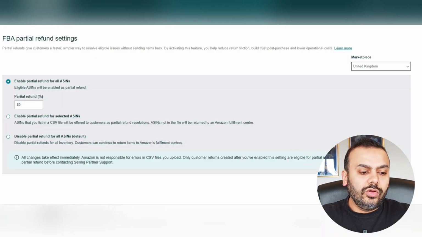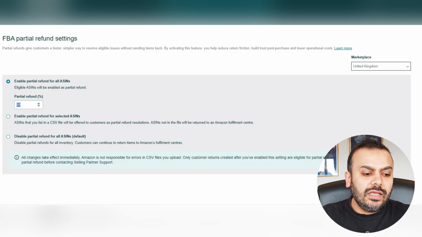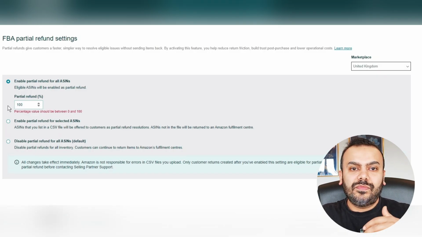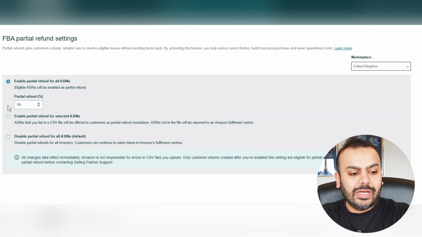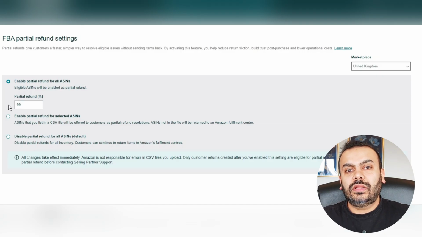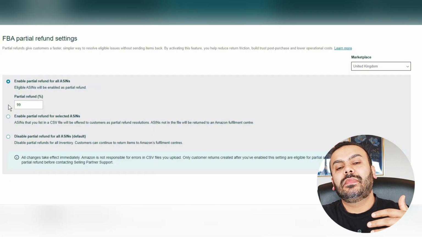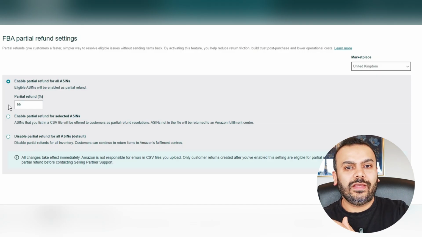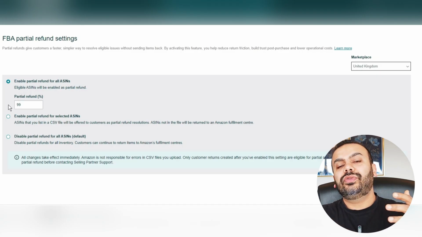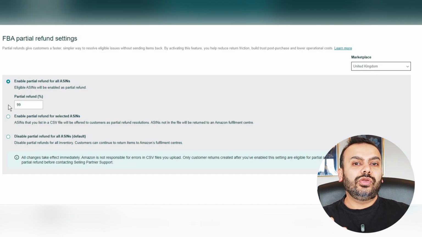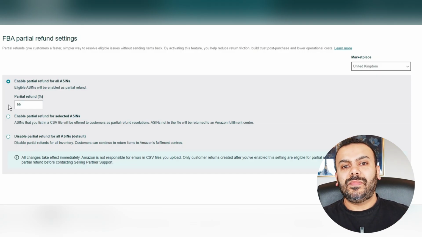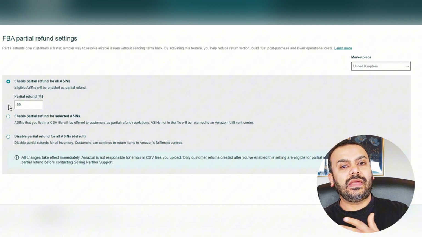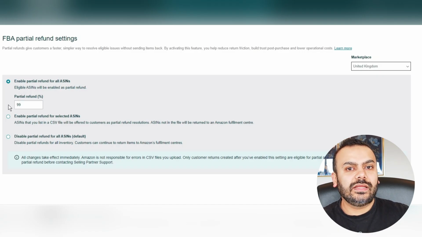When I looked in the partial refund settings, I tried to set it to 100%, but it won't let me. I can set up to 99%. So if you want, you can even offer the full cost of the product to the customer and also let them keep the product. Why would you want to let the customer keep the product and also give them the full refund? You might want to do that in a situation where maybe you don't have a warehousing facility, or you're not based in the UK, you're based outside the UK and using a third-party logistics company,